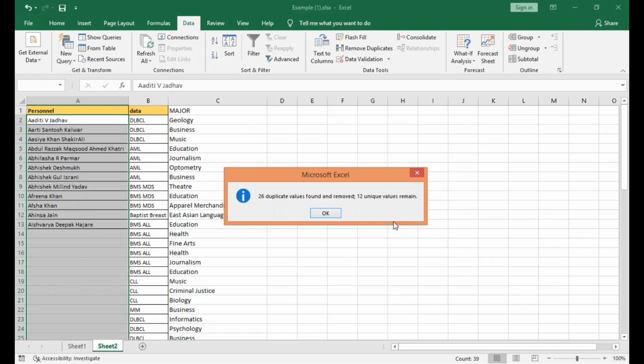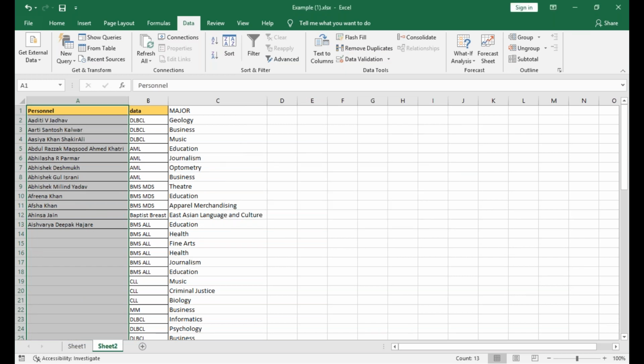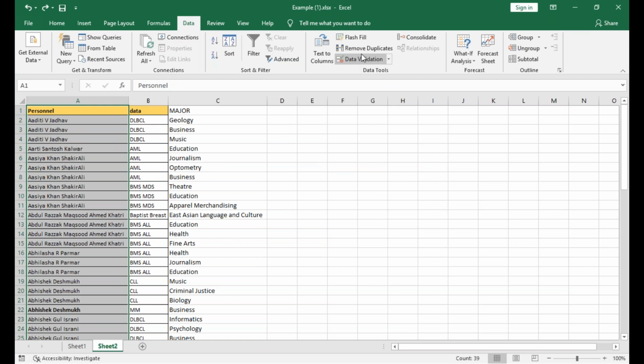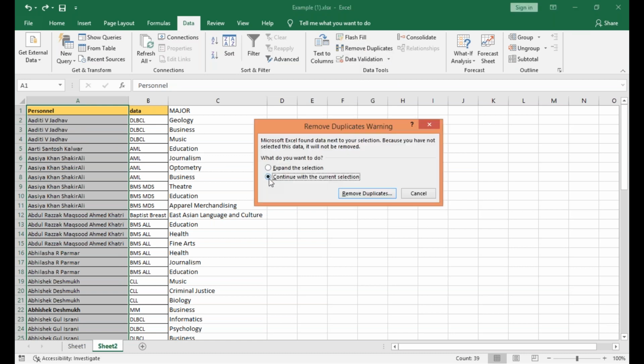See, this is what I've got. I've got only 12 names. But then if I remove duplicate with the expand, what does this expand mean? Where I will expand this, which includes B and C column. That means unless both of these are the same, if Aditi